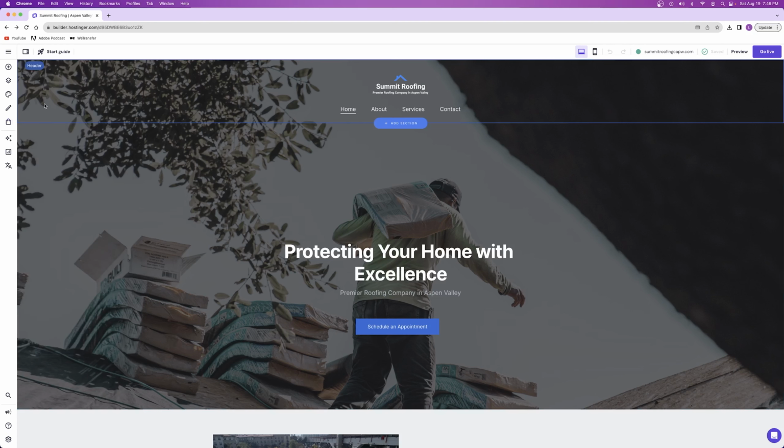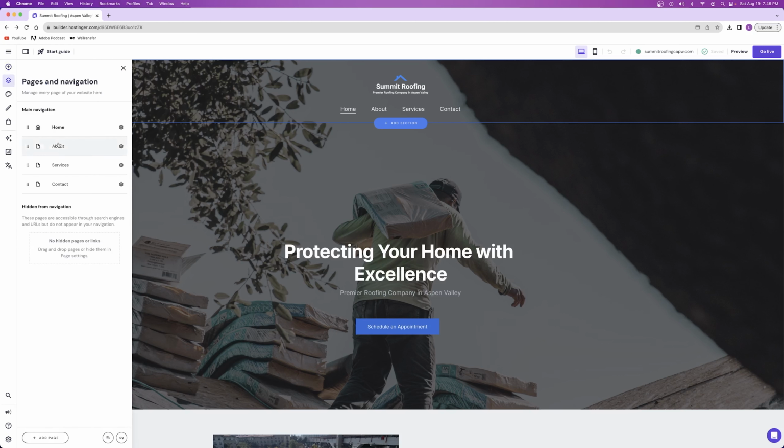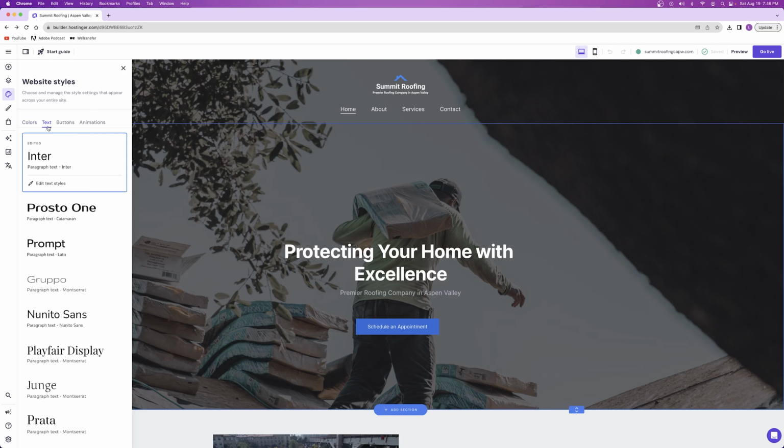But anyways, we'll go ahead and close out of that guy. So that's what these 2 buttons do. So we've got add element right here, which adds different elements to your website. Pages and navigation, which you guys already know what it does. We've got website styles right here, which you guys don't really need to worry about. It just shows all of the colors on the color palette for your website, and you guys can change them if you want to. And then you guys can also change text